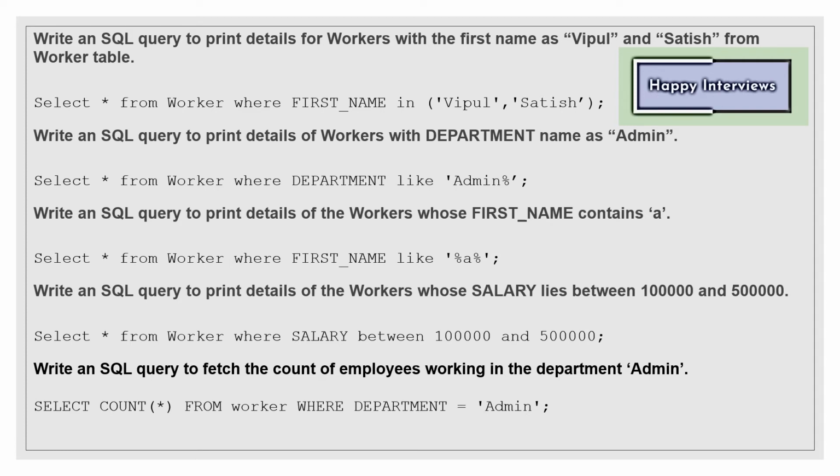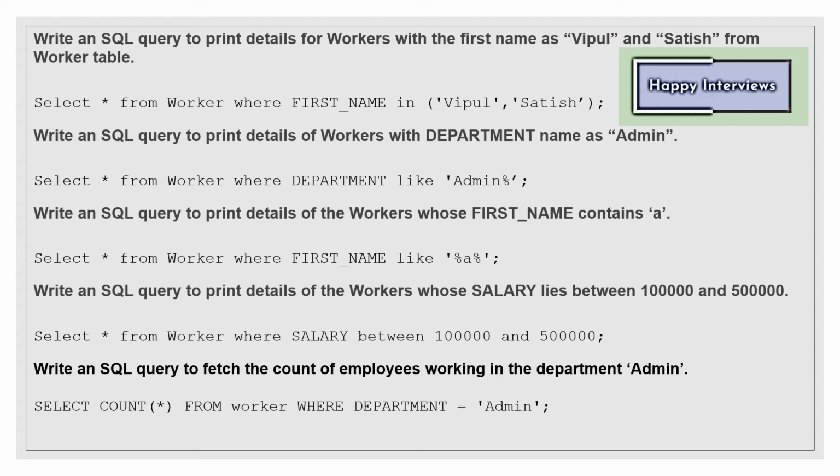So how it works is that in this IN function, whatever values you give, it will behave as OR. And or, you might have studied somewhere. When I say and, that means all the values should be present, and when I say or, then if any of these values is present, it will display it. So IN behaves as OR only. If I give other names also, like with Vipul, Satish, I gave Aman, Akhilesh, Nilesh, any name I give, if the name is any of these, then it will display it in our results.